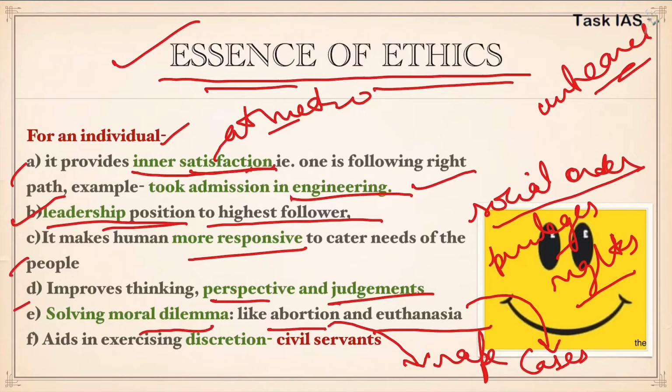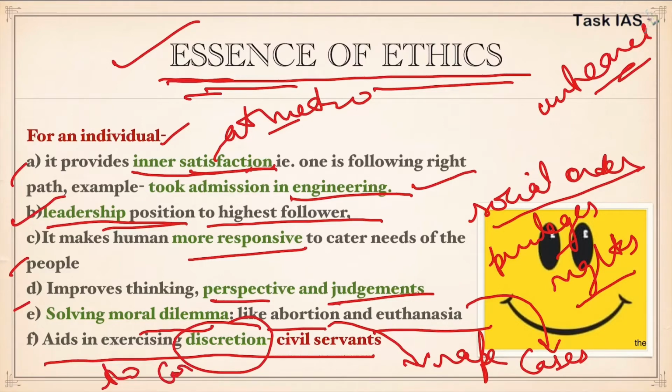Lastly, this sense is very important for civil services, because if an individual follows those standards, then the discretionary power that he will get, he will not misuse that power. Consider now a building project is going on and two competitors who are equally competent, then a civil servant can use his discretion and give the project to one individual, but he will take some ethical decision